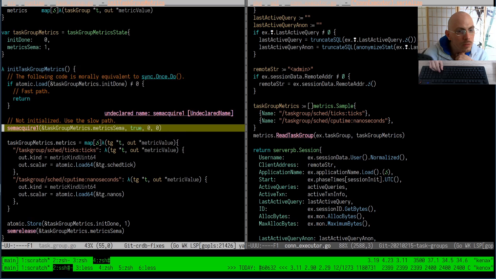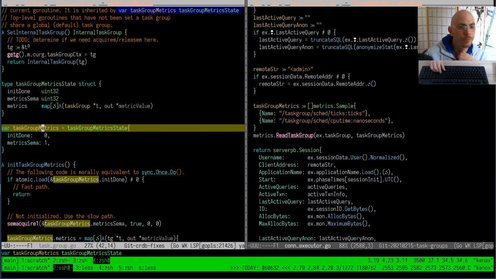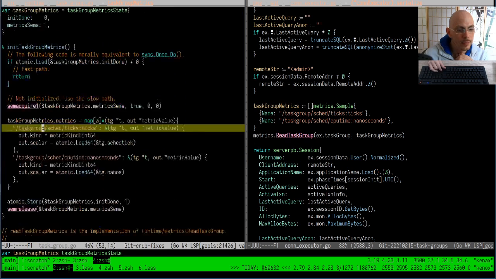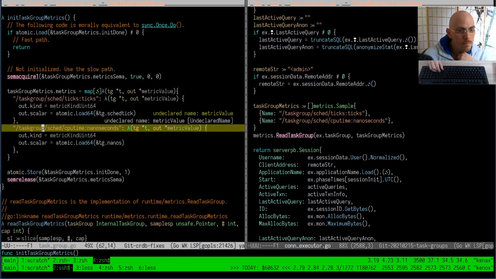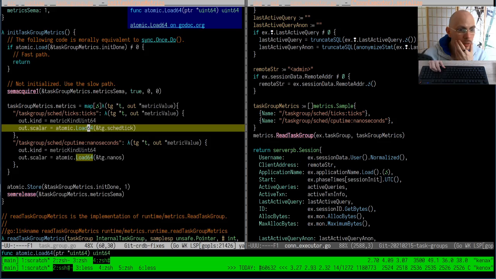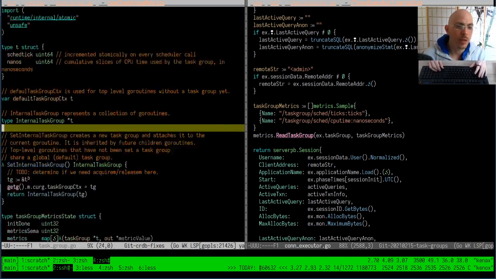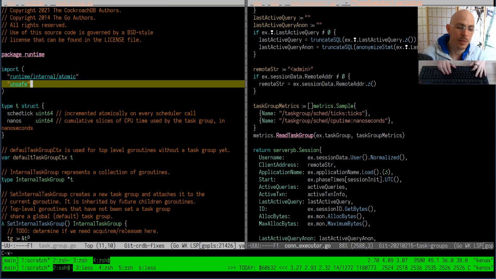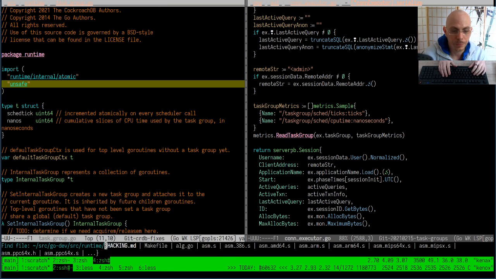Where is this? Task group metrics. Oh, here is this one here. All right. And inside the accessors for those various metrics, we have atomic loads so that we don't need to lock the task group separately. So all this logic here has been implemented last time, and it's currently integrated inside the scheduler,